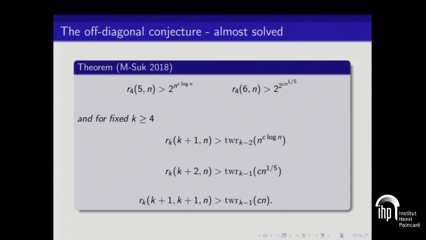And just like I mentioned earlier, once you have it for 4-uniform, you have it for all k, and that's not very difficult. Now there's one little thing we have. If you throw in another color, then we can actually prove the correct tower growth rate even for k plus 1. But throwing in another color gives you a lot of power, so it's not very surprising that you could do that. Okay, so that's how we stand for off-diagonal Ramsey numbers. We just need a construction for R5(n), and then we're done.